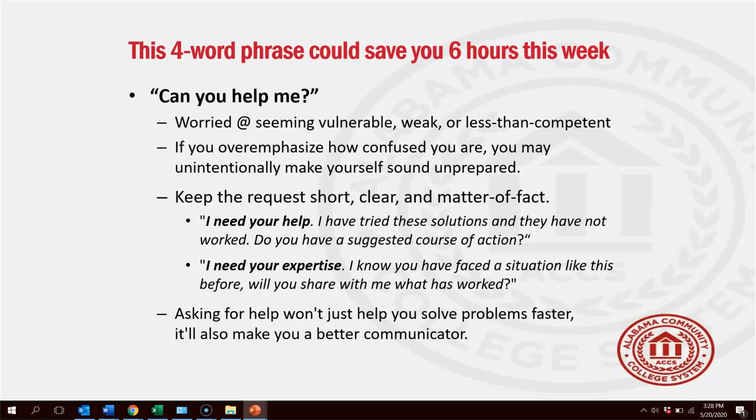What we don't do is dump a problem in someone's lap when we've not even put the thought into it to even have a possible solution. Now, that's not very respectful, to go to someone and just dump a problem in their lap. And here we are, advanced degree professionals, and we're going to dump it in their lap and let them worry about it. And we've not even put enough thought in to come up with a possible solution, or Google it, or ask my colleagues.